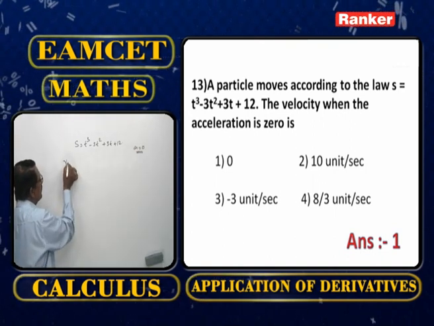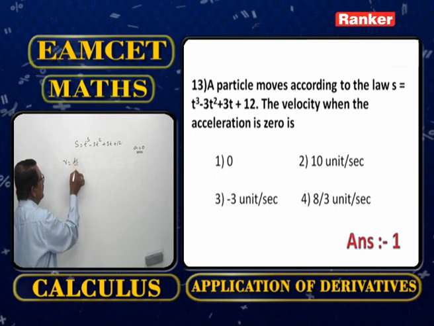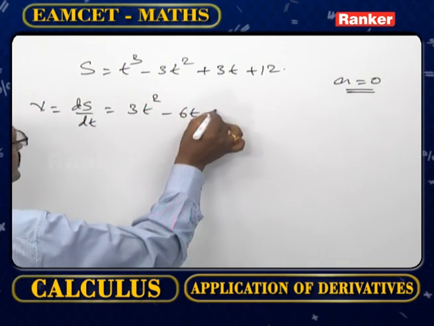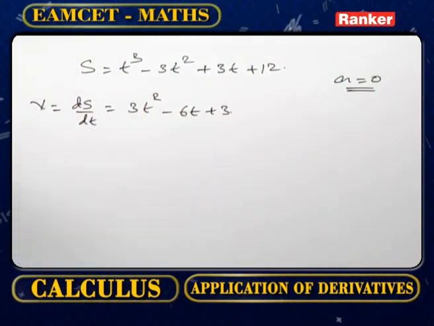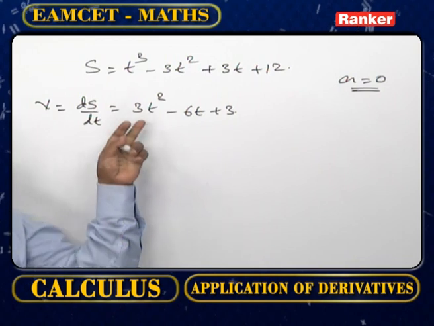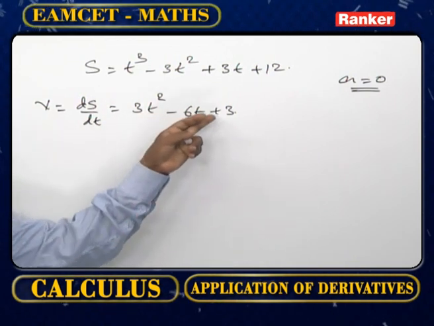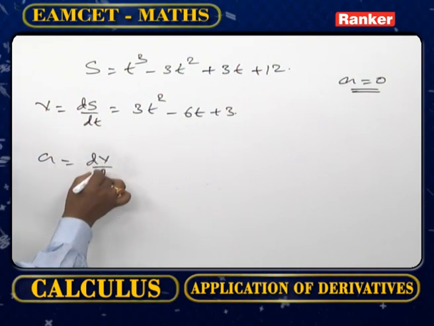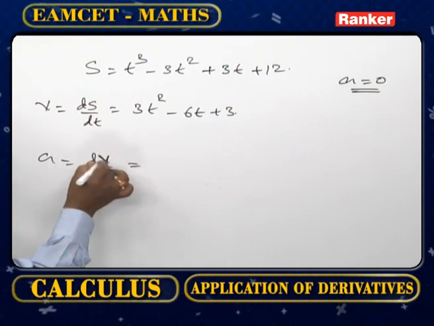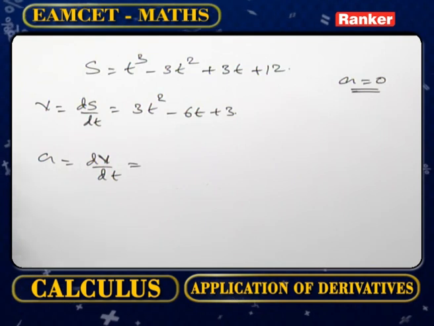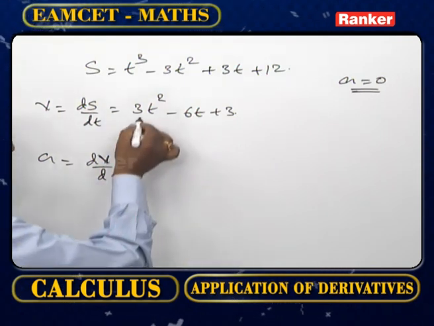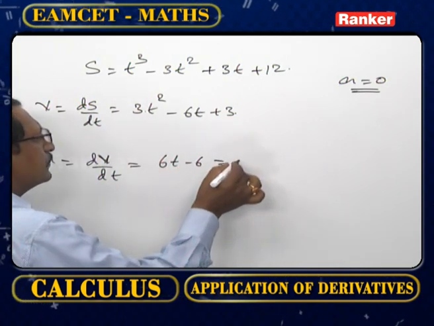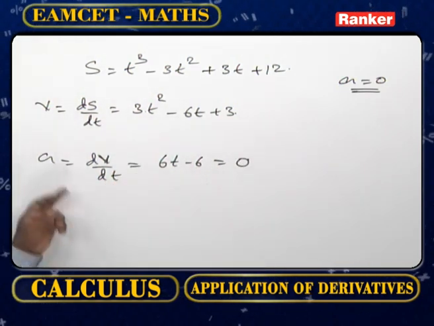Now, first velocity v equals ds by dt, that equals 3t square minus 6t plus 3. Acceleration a equals dv by dt, the rate of change in velocity, that equals 6t minus 6. But given acceleration equals 0,